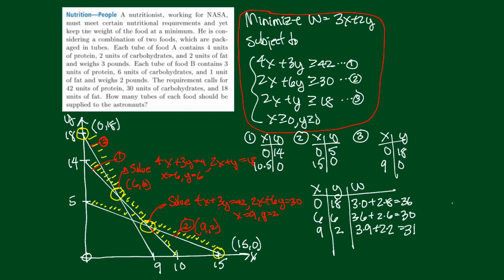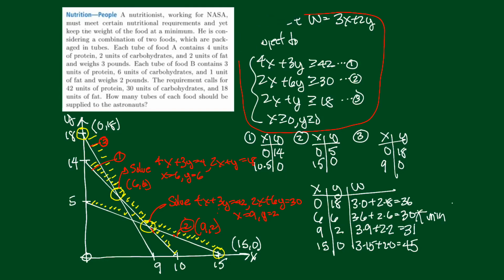And then the very last one down here is x is 15, y is 0. So we'll get 3 times 15 plus 2 times 0. That's 45. Now we're looking for the minimum. There it is, right there. That's the minimum. So now I'm going to write a conclusion, and I need a little bit of space,